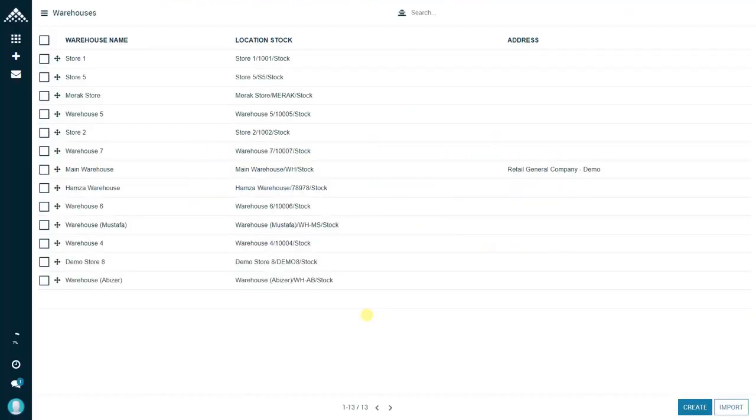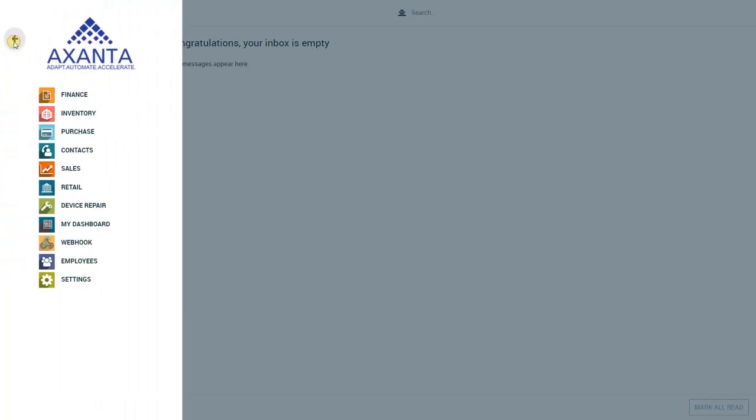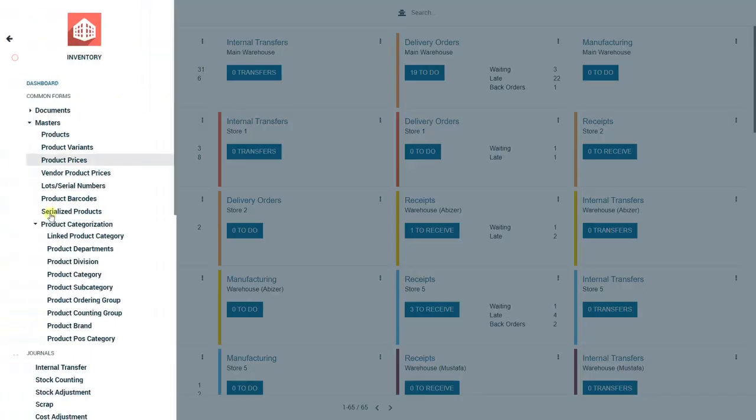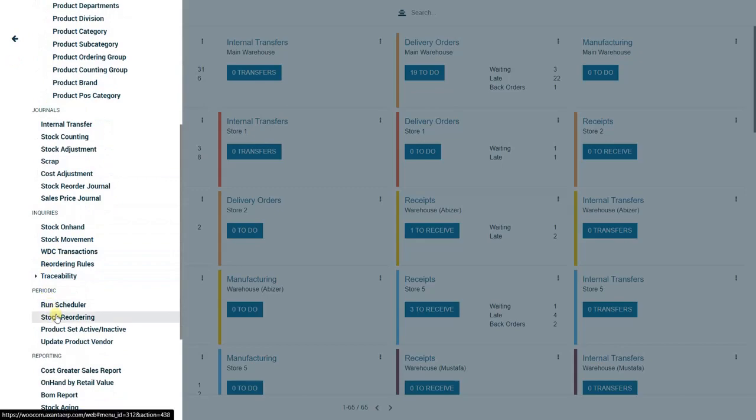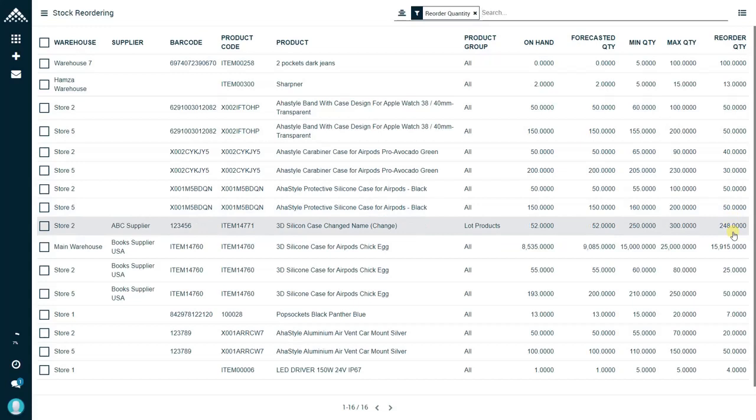While creating an internal transfer using the reordering rules, here in the warehouses you can set priorities to various stores or warehouses. So according to the priority given, the system would allocate the stock. Now we shall see how to create a purchase order or an internal transfer using the reordering rules. So go to the menu, click on the inventory module. Under periodic, click on stock reordering, and here you can see the system has created demand against the reordering rules